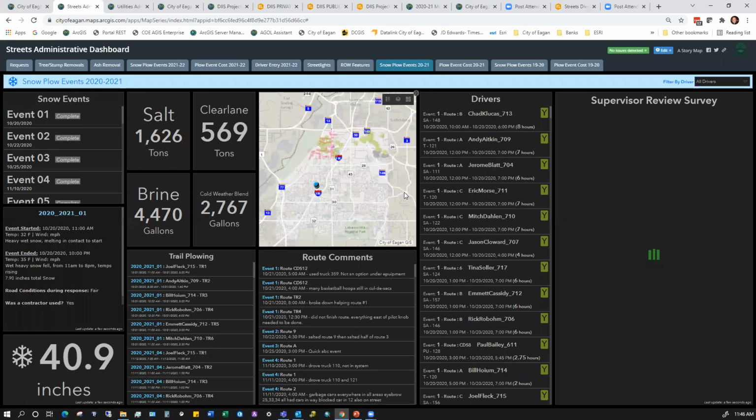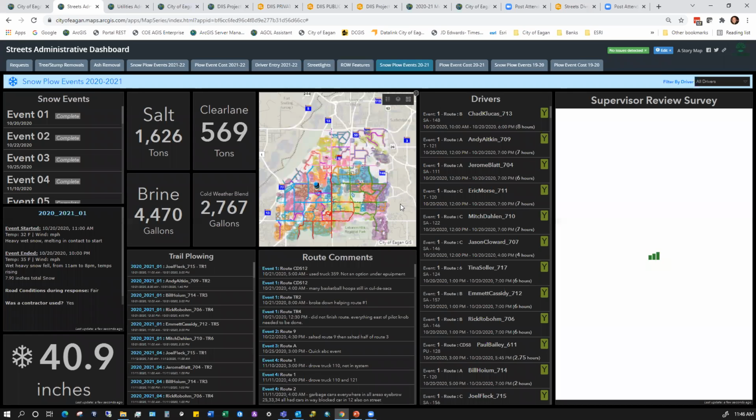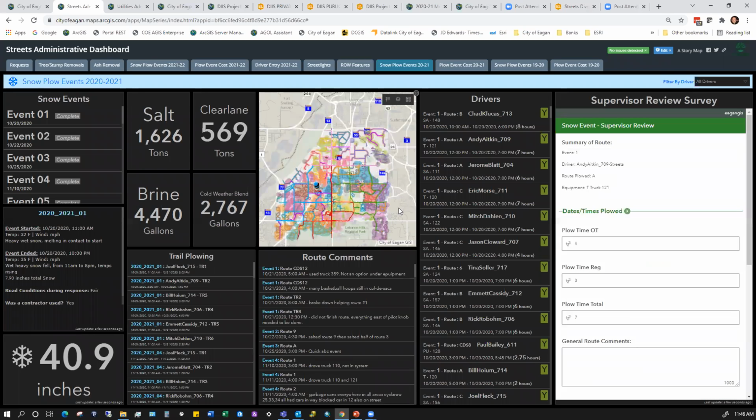Yeah, but we found this has been a nice flexible way for us to offer dashboard information to different individuals depending on their need. So like with tree dashboards, our forestry group actually has their own group of dashboards that's most important to them. And we can just add the ones that are important to our street supervisor, Jeff, the ones that he needs to see for trees, because streets also helps with tree removal. So it's a good way for us to have them see what they need to see.